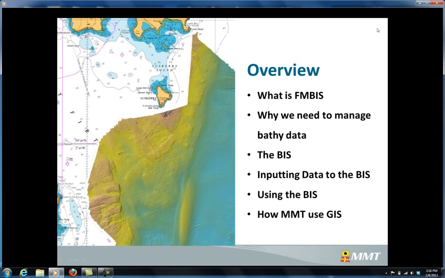and then using the BIS for other work, and how we use GIS in general, because one of the main features is that you're actually in ArcGIS. What you can do with it is, I wouldn't say unlimited, but there's an awful lot you can do